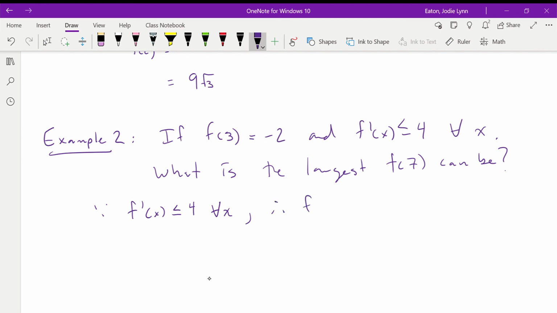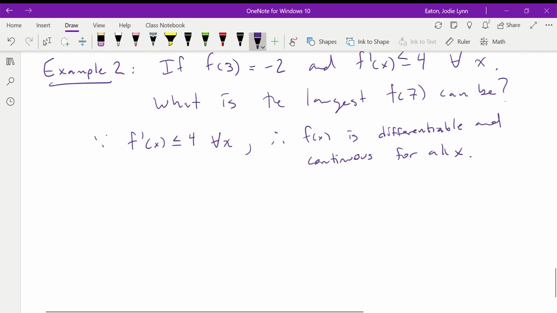So therefore, f of x is differentiable and continuous for all x. Okay, so we can say by the MVT,